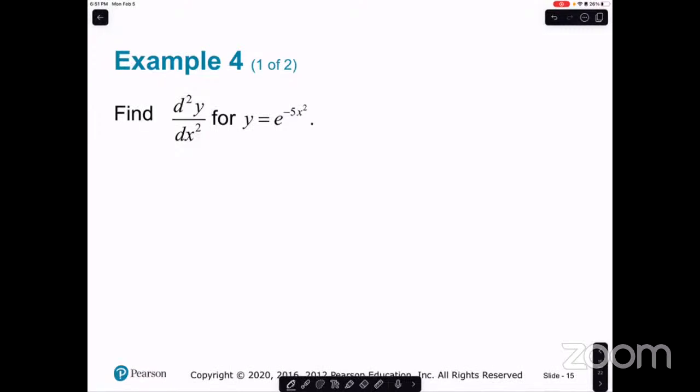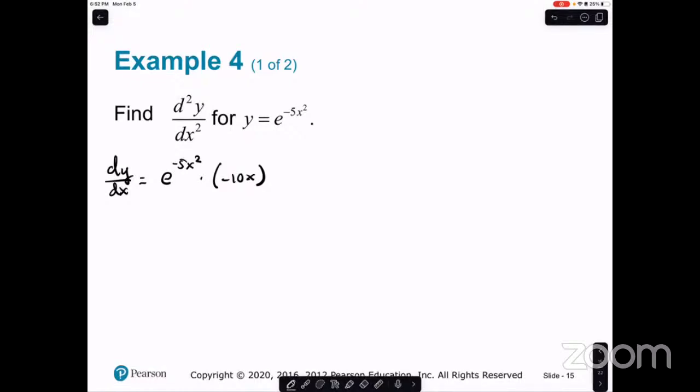Okay. So first let's find dy by dx. e is its own derivative. So there's going to be e to the negative 5x squared, but then we need to say times the derivative of the power. It's going to be what? Negative 10x. Okay. So then from there, with the second derivative, we have to apply the product rule. First times the derivative of the second,